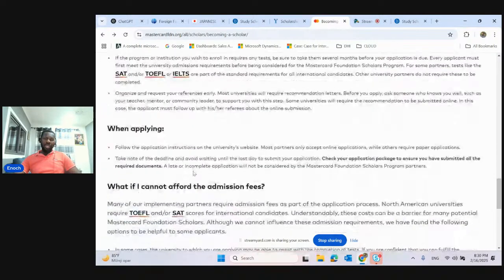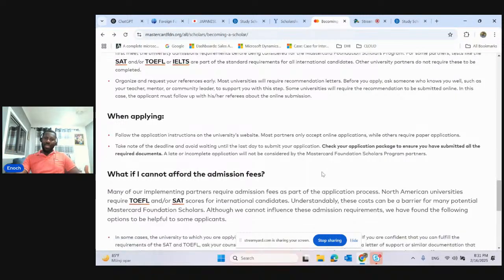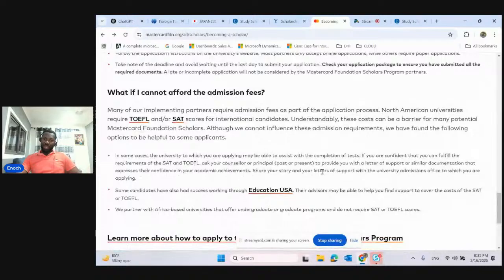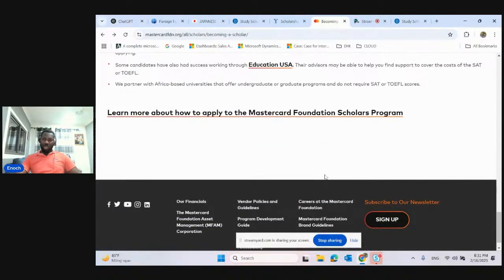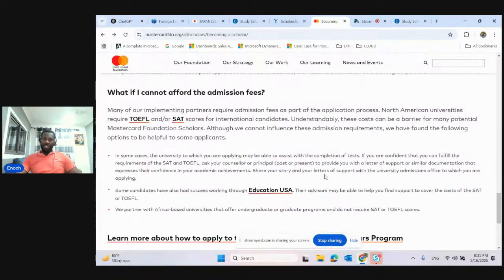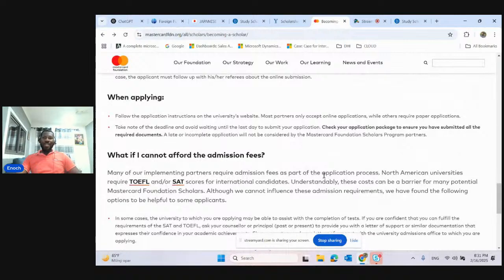And then when you are applying, follow the application instructions on the university's website, and don't copy blindly from other people who applied to different universities and are guiding you. Try to familiarize yourself with the university you are applying to and the information about the scholarship application, and adapt whatever information you have to these specific universities. So yes,